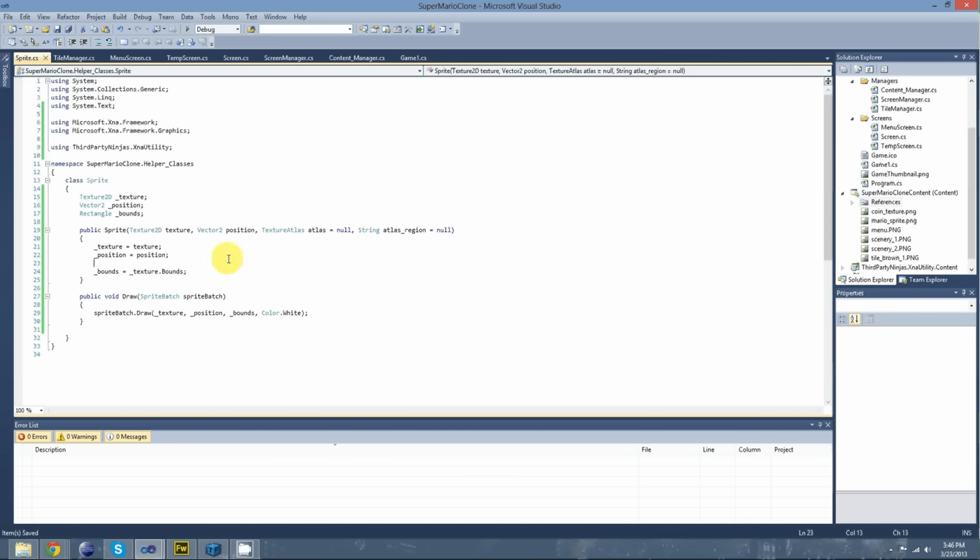So the way we're going to do this, if either one of these is null, then it's going to set the bounds to the whole thing, because if one of these is null, then we don't have enough information to pick the frame that we want to display. So if the atlas is null or the atlas region is null, then do that. If it's not, then we're going to do,